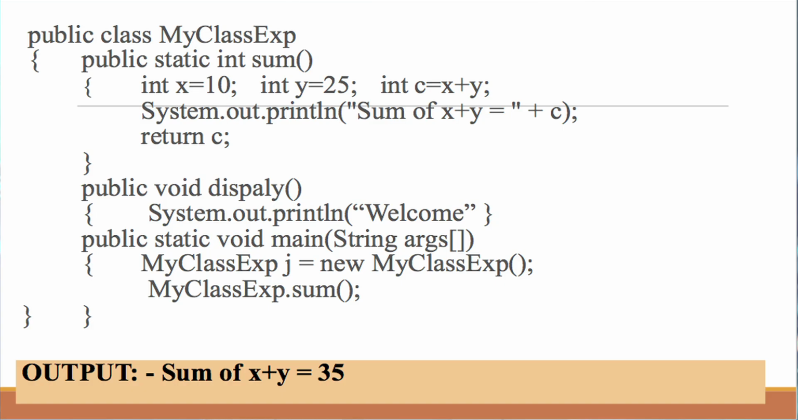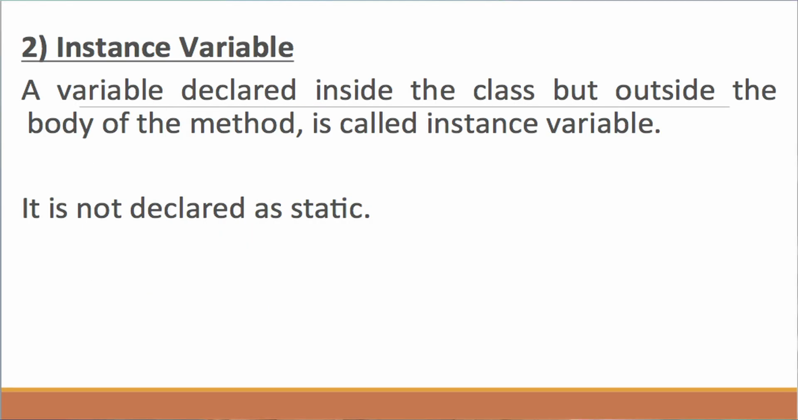So this is the third category, static category. So we will discuss the static on this third category. Second is instance variable. The variable of any class is called instance variable. A variable declared inside a class but outside the body of a method, means outside the method. Inside the method, if we declare any variable, then they are local variables, but outside the method if we declare any variable, so these are called instance variables, and it is not declared as a